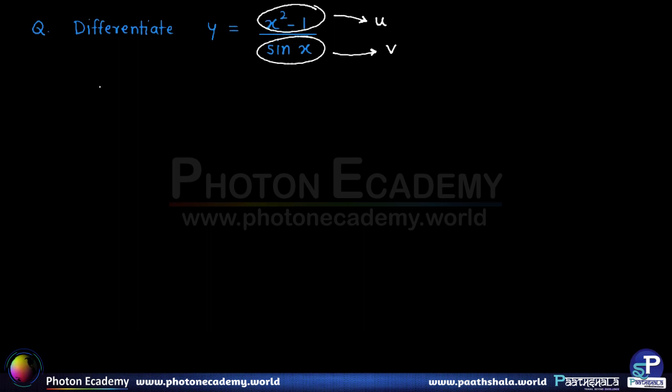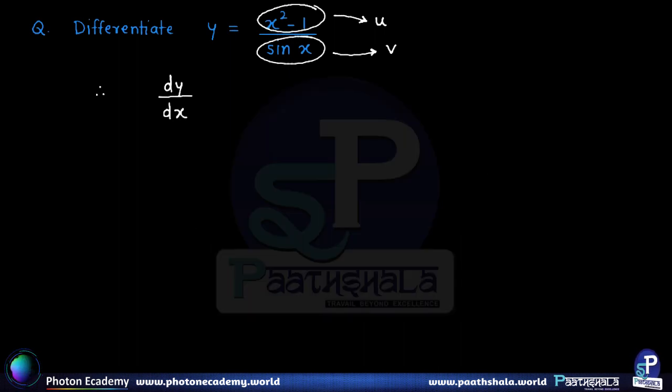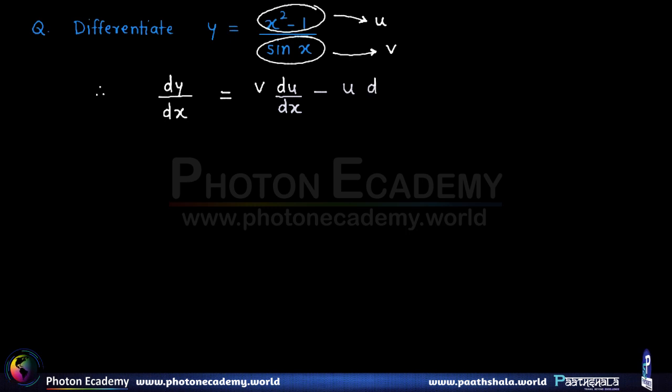Okay? Now if y is given by this, therefore the derivative, now here we represent it as dy by dx, is equal to, now if you observe the formula, let us write the formula first so that it will be easy. The formula is v into du by dx minus u into dv by dx whole upon v square. That's the formula. So therefore, now v is nothing but the denominator function, that is sin x, multiplied by derivative